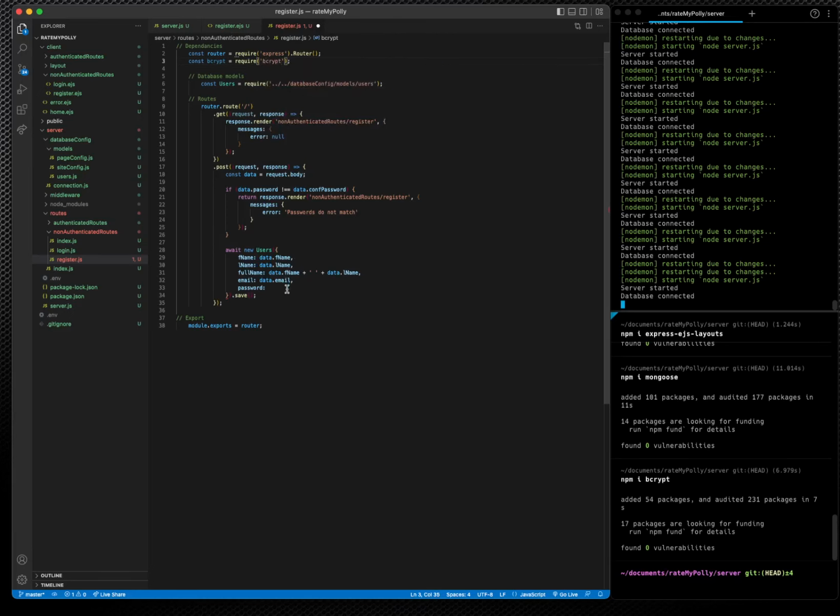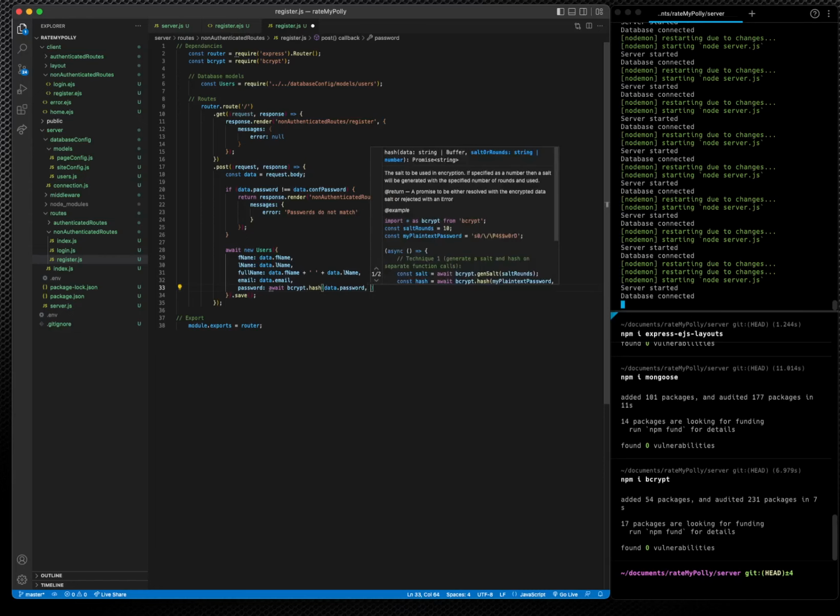Okay, so what we need to do in here is, because encryption takes time, and when I say it takes time, it's milliseconds, but it's longer than the code wants to wait, so we have to tell it to wait. I'm going to say bcrypt.hash. So what are we going to hash? That data.password. And it's going to accept a second argument, which is the salt, what it uses to hash the password pretty much. So I'm going to await